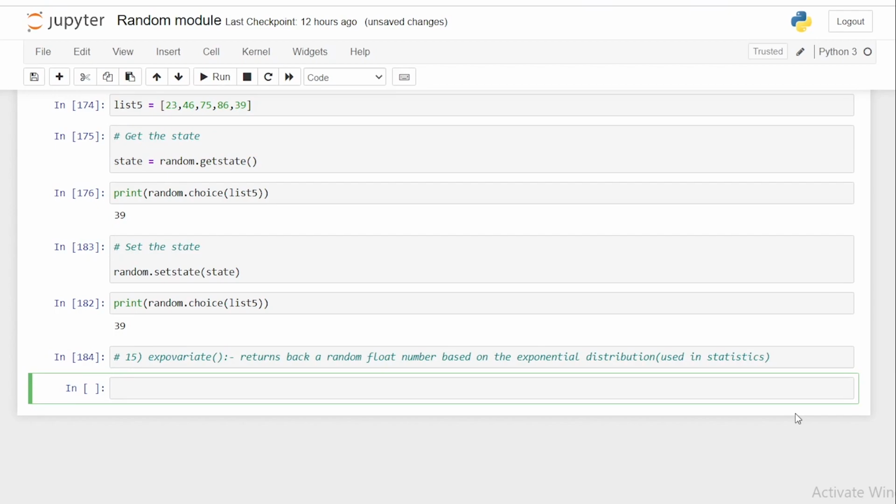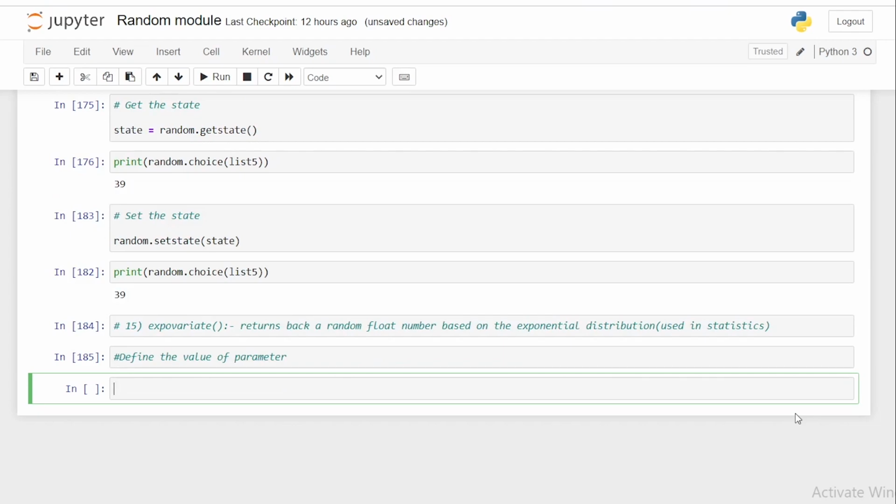So first we have to define the parameters. We have only one parameter here, so define the value of the parameter, and let's say lambd